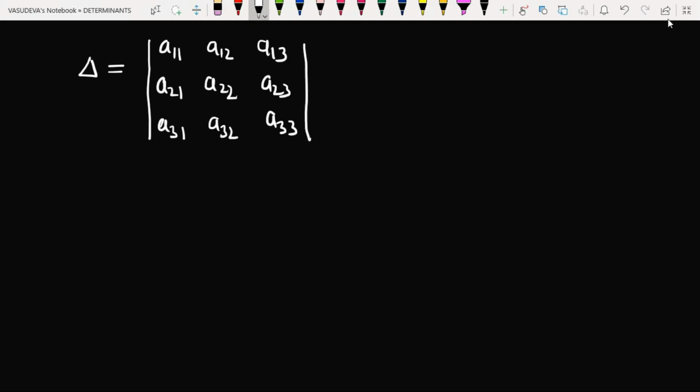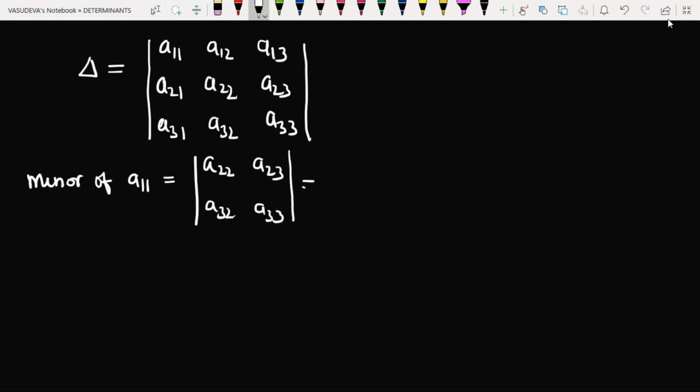So we have the minor of the element A11: leaving the elements of the first row and the first column, the determinant of the remaining elements is A22, A23, A32, A33. So taking the expansion of the determinant, A22 into A33 minus A32 into A23,